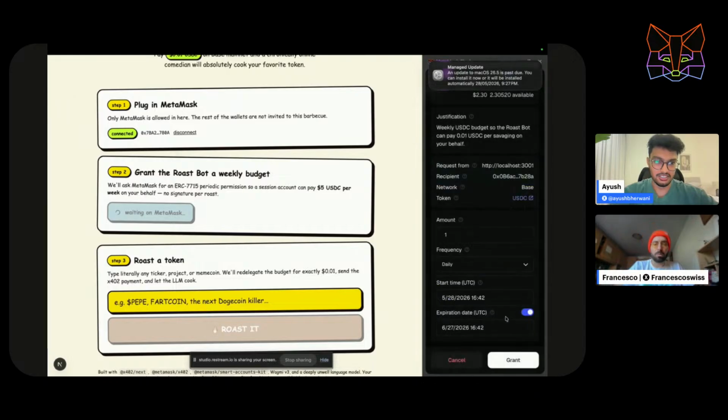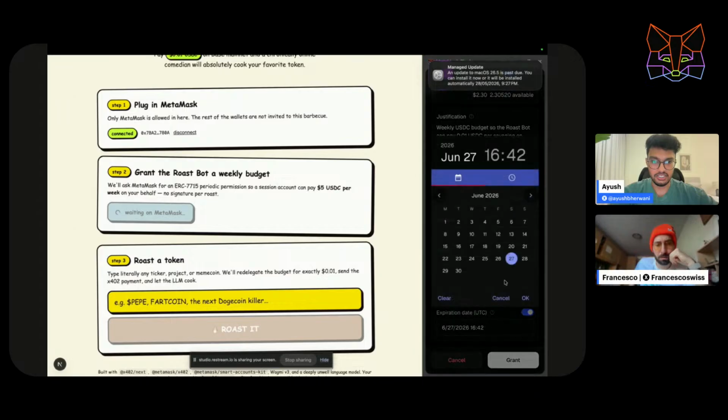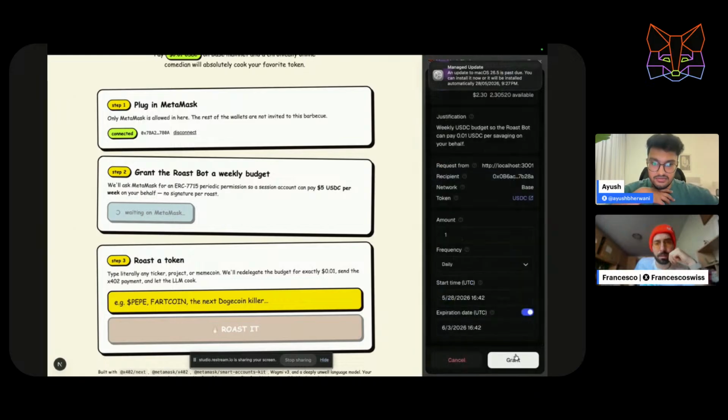We don't want to change that. Oh, and you can change the recurring period. Yeah, the expiry as well, like till when the permission is valid. So it's valid till one month, and you can remove this or change the date as well. Is this timing implemented now, or is it part of the permission settings when you implement this? It's part of this standard. You can add it by default, but if the user wants, they can change it.